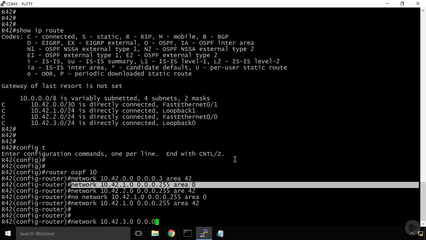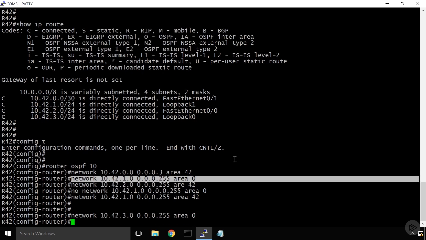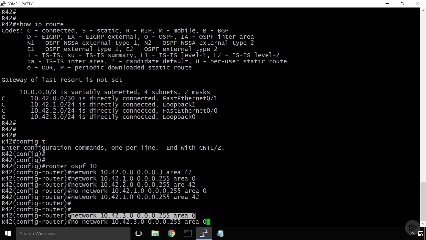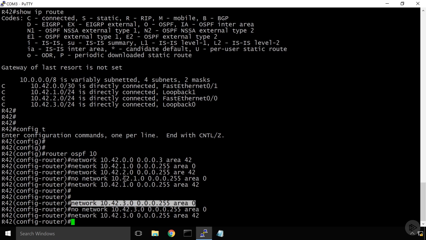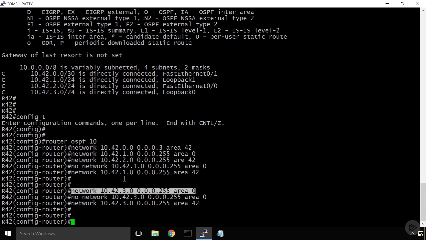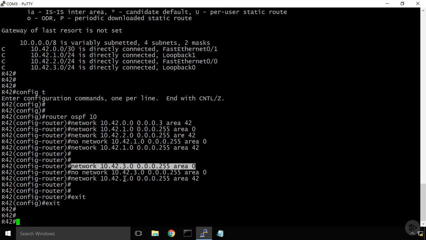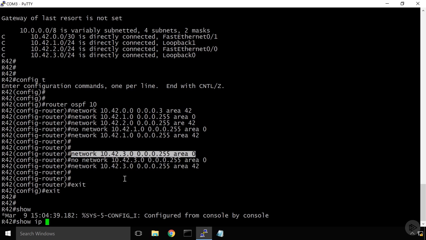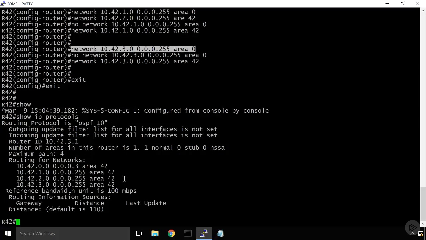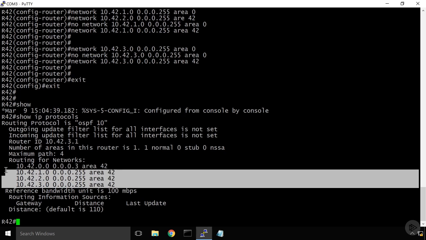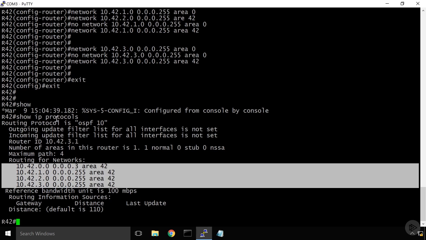10.42.3.0 with that 24-bit mask. And I did it again. Wow. See how easy that is to make? I've become in such a habit of issuing area 0 for OSPF, I forget to make it area 42 here. Let's do show IP protocols to make sure that I got it right. And here we're routing for 4 networks, all of them in area 42, which is the right configuration for this